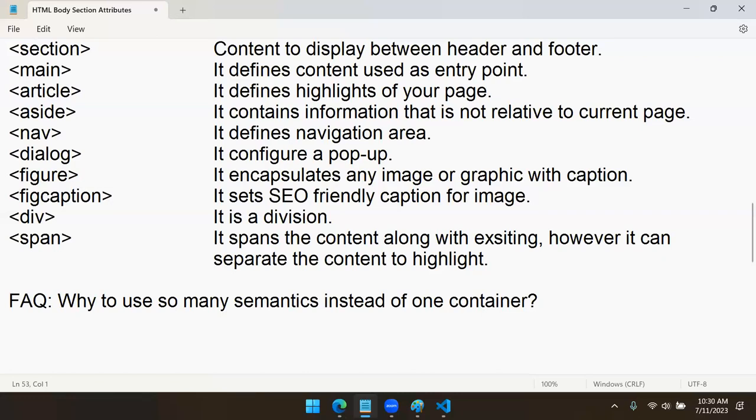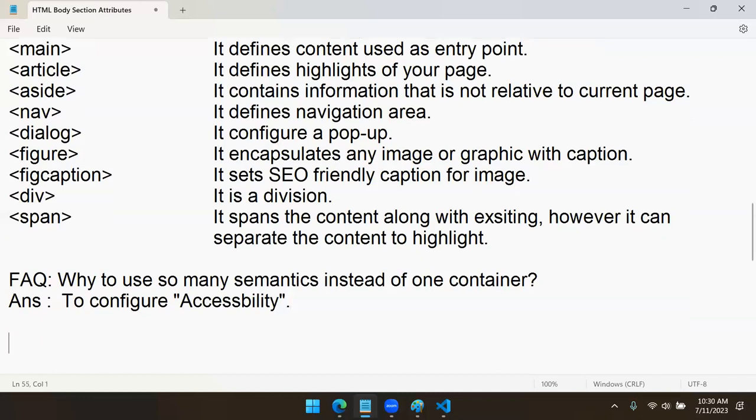To make the page SEO friendly. To make the page SEO friendly, you need that. But for experienced people, one more word is there. For very high level experienced people, the answer is actually to configure accessibility. To configure accessibility. Accessibility. This is the technical word actually. To configure accessibility in web designing,